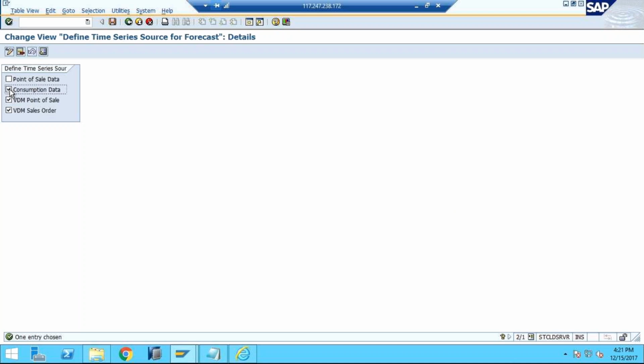Not very, but I'm not sure. So, where is the problem? Tell me, where is the problem? You tell me, what is the VDM point of sale? What is the issue with that? No issues. I didn't understand in our previous lecture what time series source means in general. So I understood that we should check only the VDM point of sale checkbox in the general situation and no